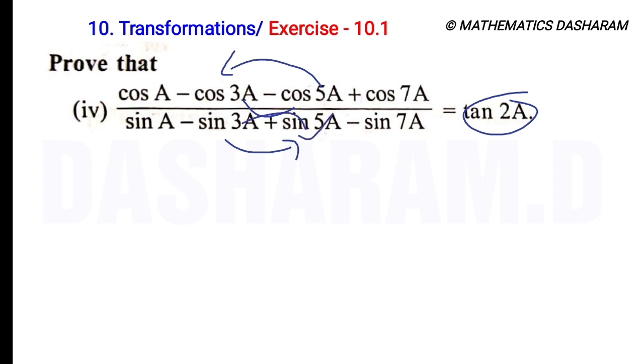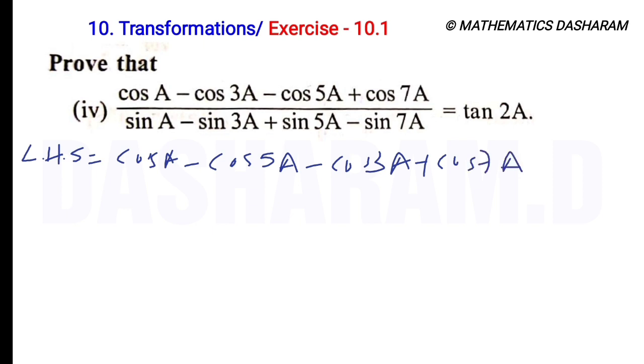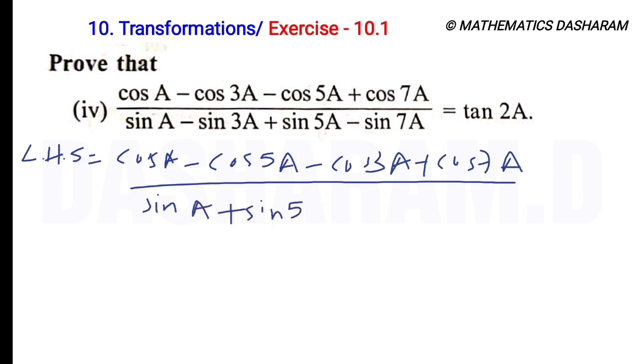Then you get the required answer. So cos a, next write cos 5a, next minus cos 3a plus cos 7a, divided by sin a, next write sin 5a,